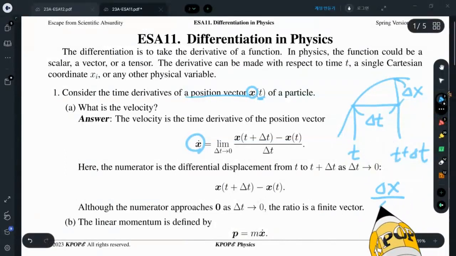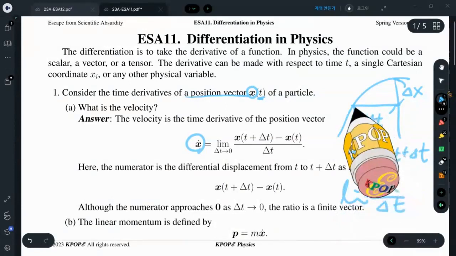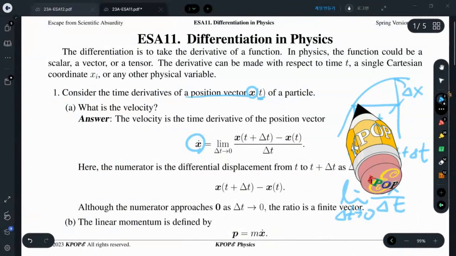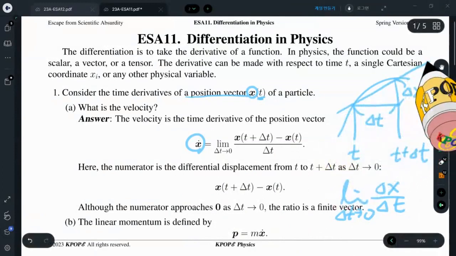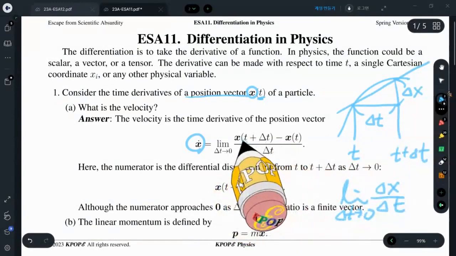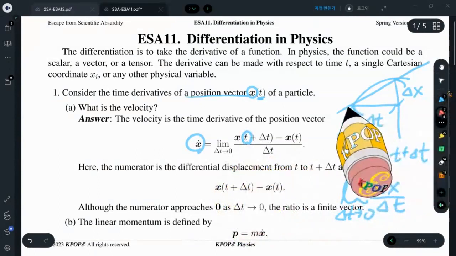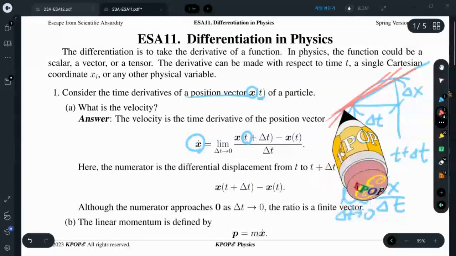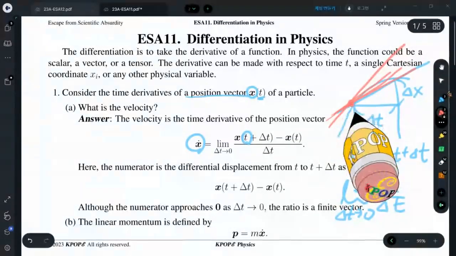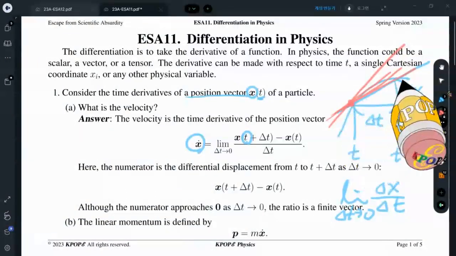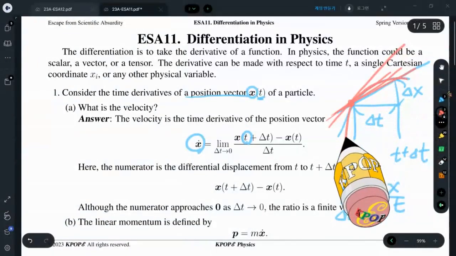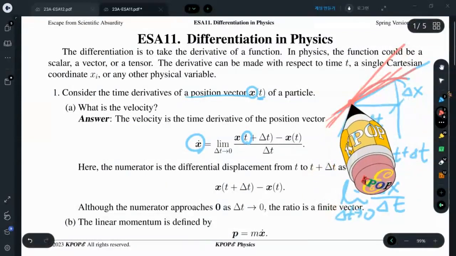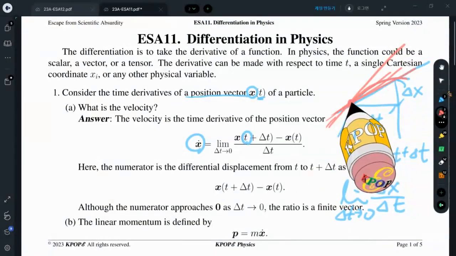So delta x over delta t as this denominator approaches 0, then this is a finite case. If you fix a point t, then this point is fixed and it reaches a tangent. When it reaches a tangent, the curve and this straight line passing the point, they meet only at a single